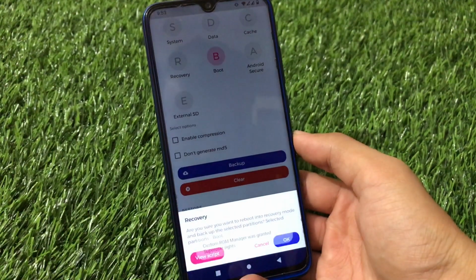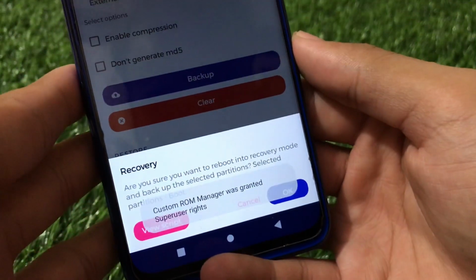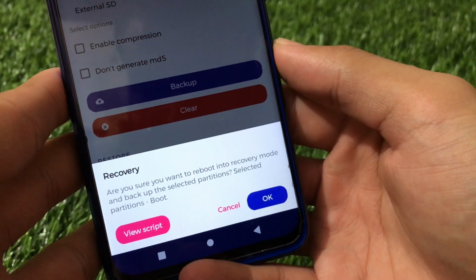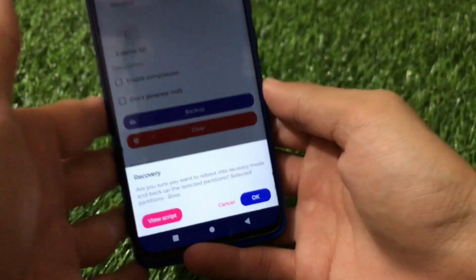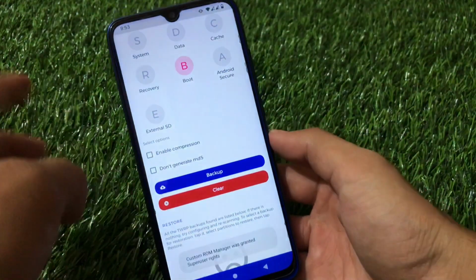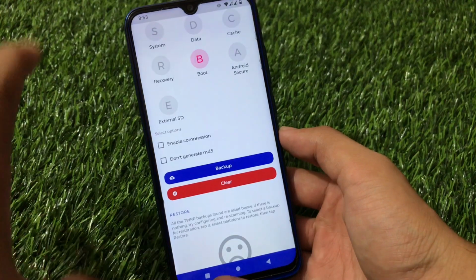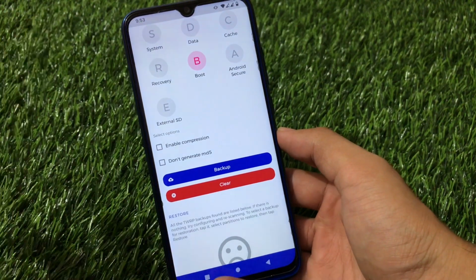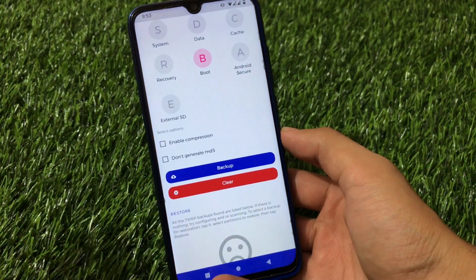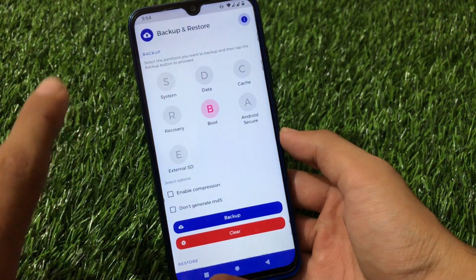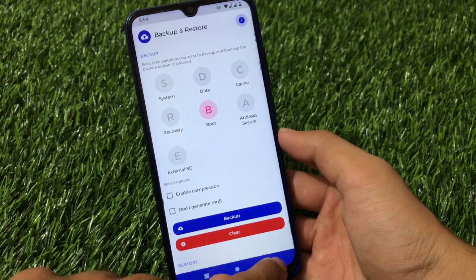If I choose the backup option, then this dialog appears: are you sure you want to reboot into recovery mode and backup the selected partitions? So I can simply take a backup directly by clicking here, then it will boot my device into recovery mode and take the backup directly. I don't need to do manual actions there like backup and restore. It is available in an Android app, so this is a helpful feature for you.